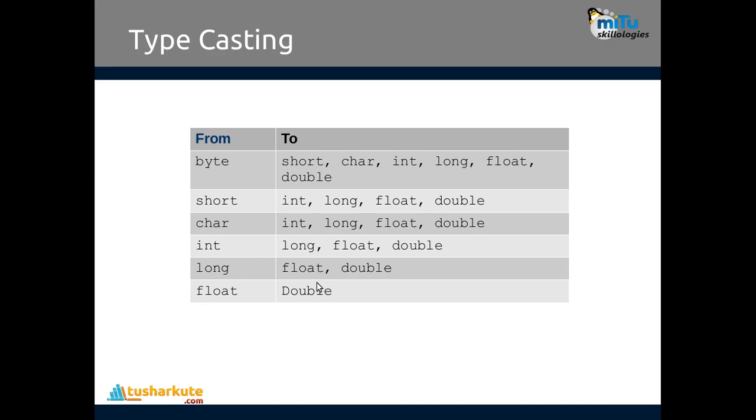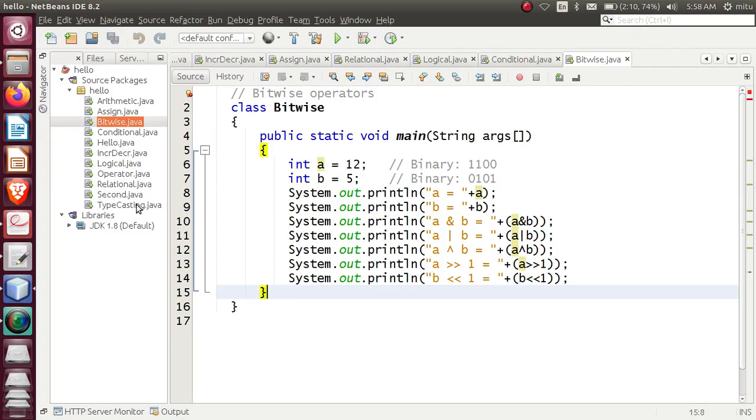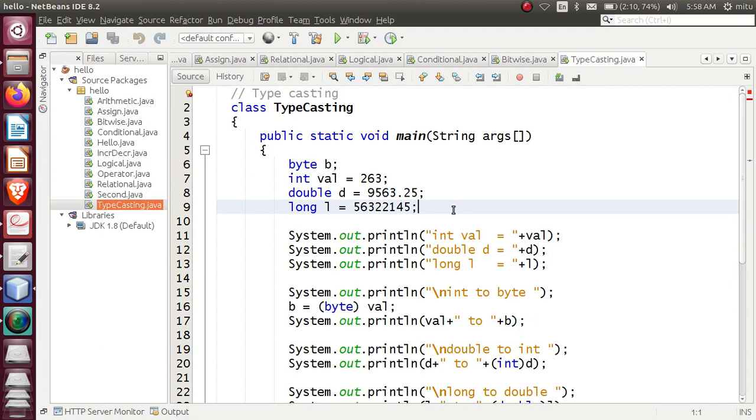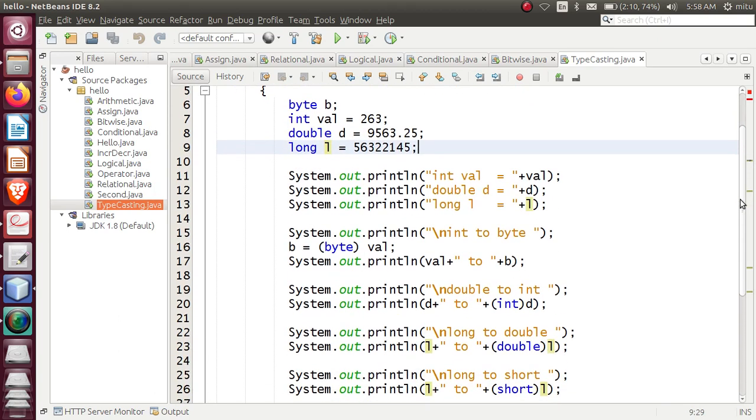Now let's use this concept in actual programming, because very regularly we use typecasting in programming. Let's see this. Here I have declared one byte, one int, one double value and one long variable. This is how variables of different data types are declared. Now here I am printing it, and now I want to convert this integer value forcefully into